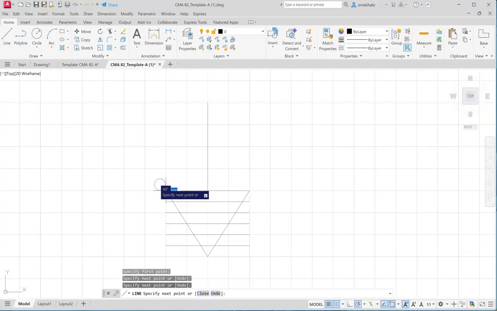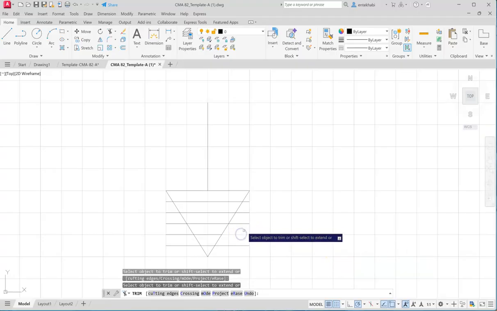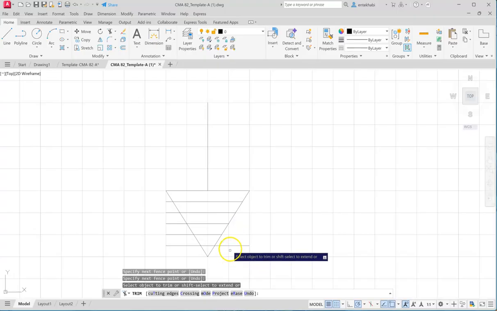And okay, now we will use the trim. I could use the fence to finish in one time, but you know how to use the trim best the way you can. It gives you some idea that helps to create this.